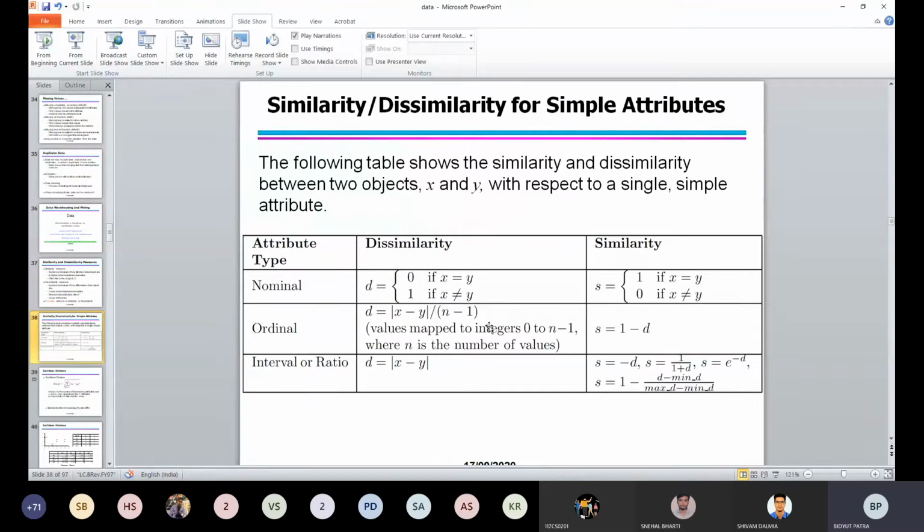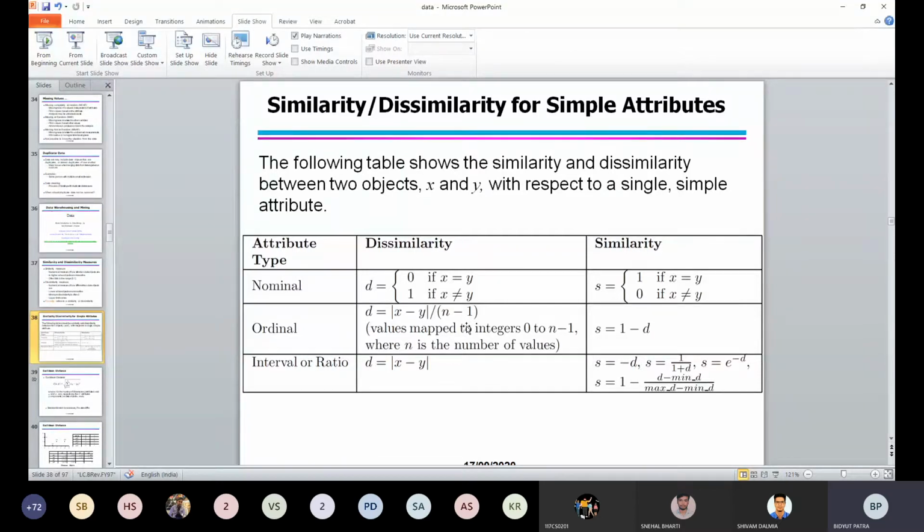After that, if you want to find the dissimilarity value, you just simply take the modulus of x minus y, the absolute value. So let's say you want to find the double XL and the small. It will be 4 minus 1. Because you started from 0, if the total number of values is n, the maximum is n minus 1. So that is the dissimilarity.